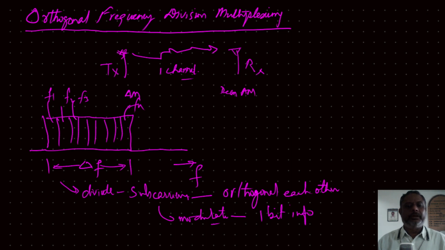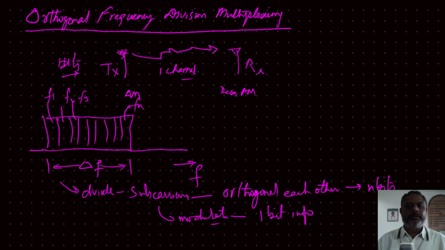We are getting information in the form of bits. These bits are encoded using any of the schemes, and then the different bits are modulated using different subcarriers. So if there are n subcarriers, then we can have n bits being transmitted